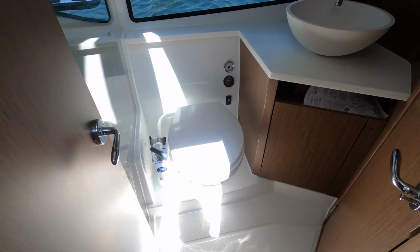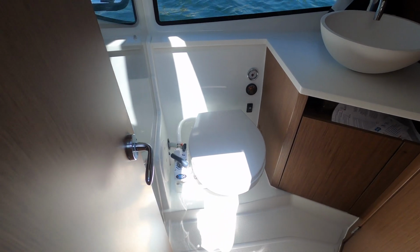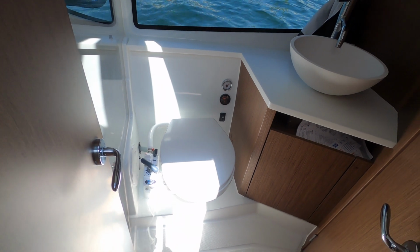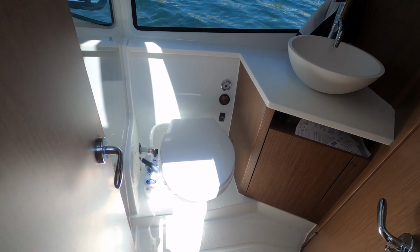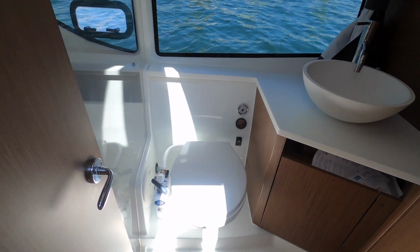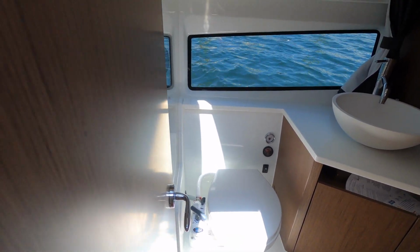I would imagine an electric head is an option. I actually would recommend getting electric heads in the boats. Some people think that the manual heads are simpler, but generally speaking, if you're worried about clogging, electric heads seem to work fairly well. Not that the manuals clog up, but...